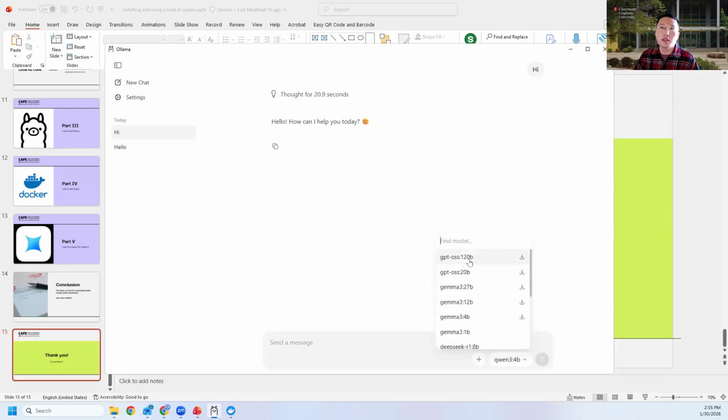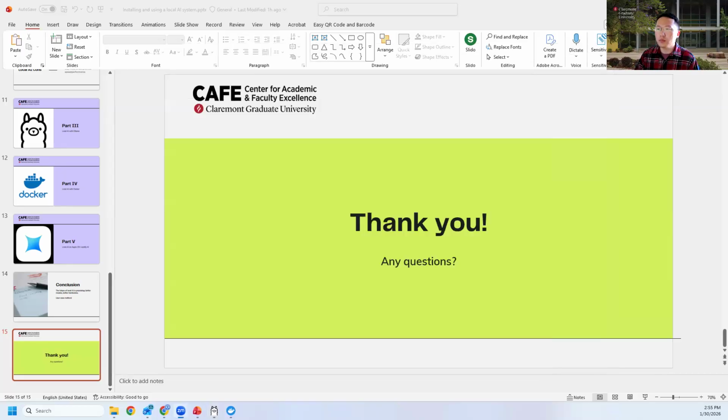This GPT model is provided by OpenAI, so you can think of it as a shrunken version of ChatGPT. It provides very similar functions to ChatGPT, although it's smaller in size. There are also Gemma models. All of those models, in general, are really good